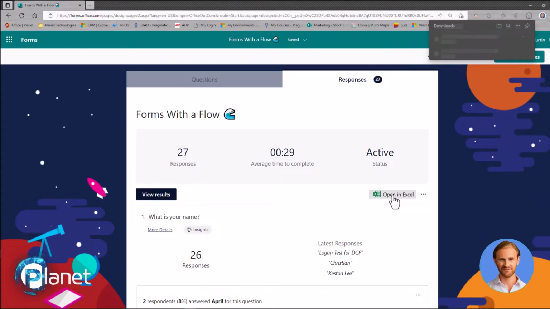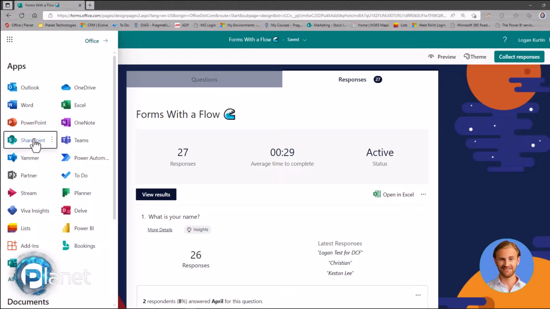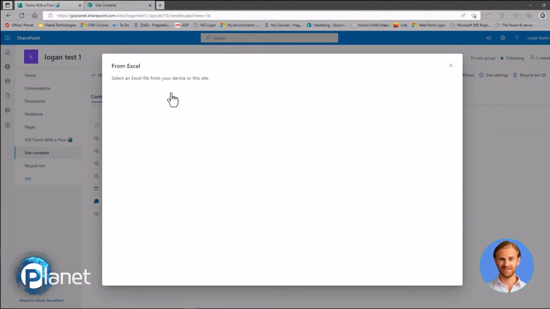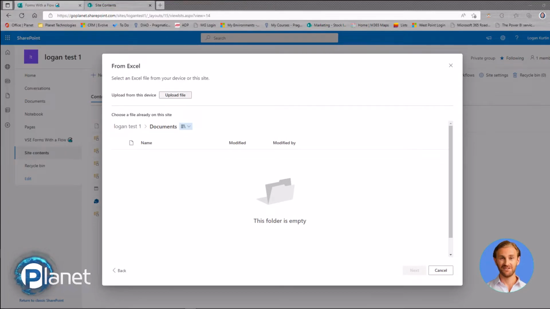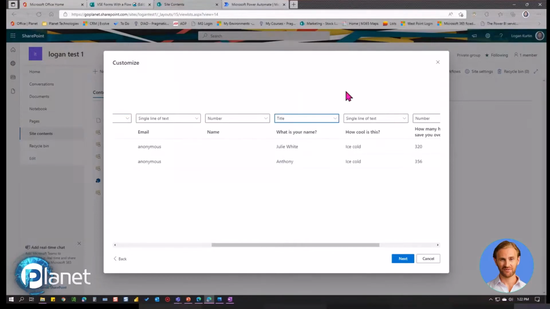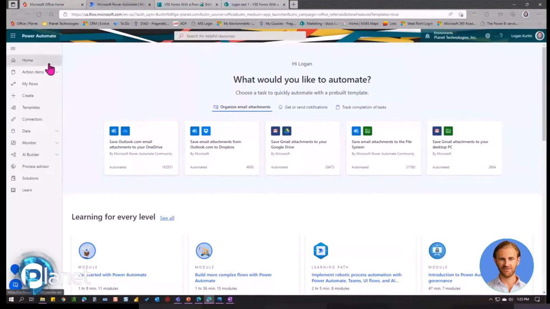I already have my form, so the next step is to create my list in a SharePoint site. I'll go to Settings, Site Contents, and then New List. I'll use the results that I exported to Excel to create the columns of my new list. When I'm done formatting my columns, I'll name the list, and now I'm ready to create my flow in Power